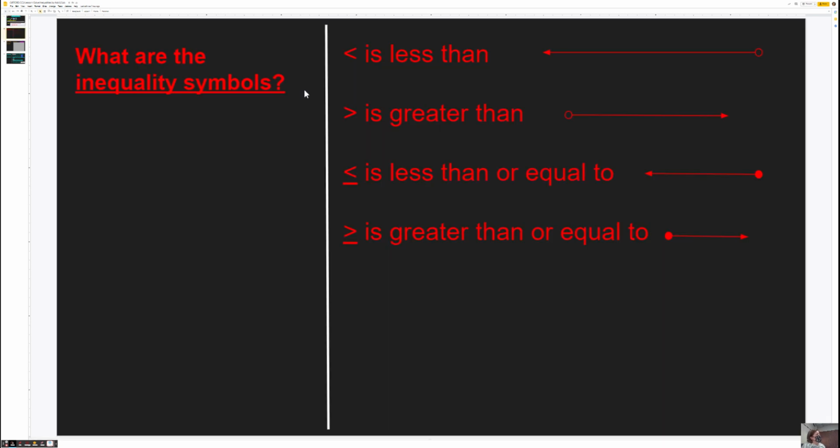So what are inequality symbols? They have these little sideways V shapes, right? The alligator, when you were little, you probably learned that whatever number's on the open side needs to be the bigger side because the alligator eats the bigger symbol, right? All of these are inequality symbols. So this sideways V this way is the less than symbol. And when we talk about graphing it, is it really hard to see that little circle right there? If I can make that bigger. When we talk about graphing less than,